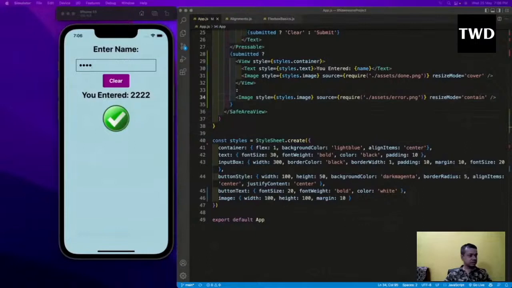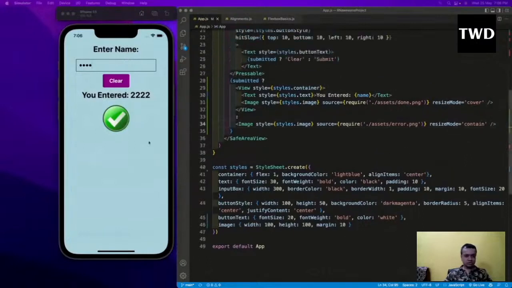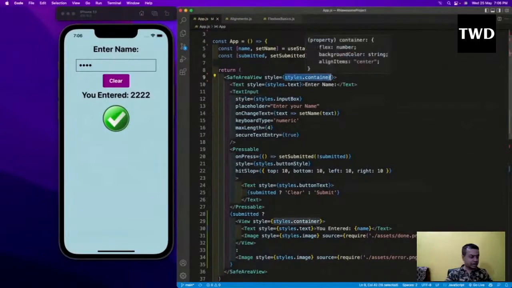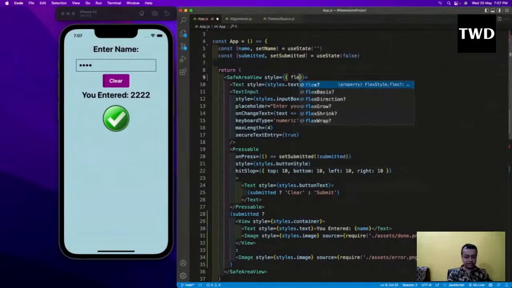Okay, so instead of this thing, we can add a nice background. So safe area view is okay, but instead of this styles.container, I will have an image background on that. I will have a flex of 1, and then after this,